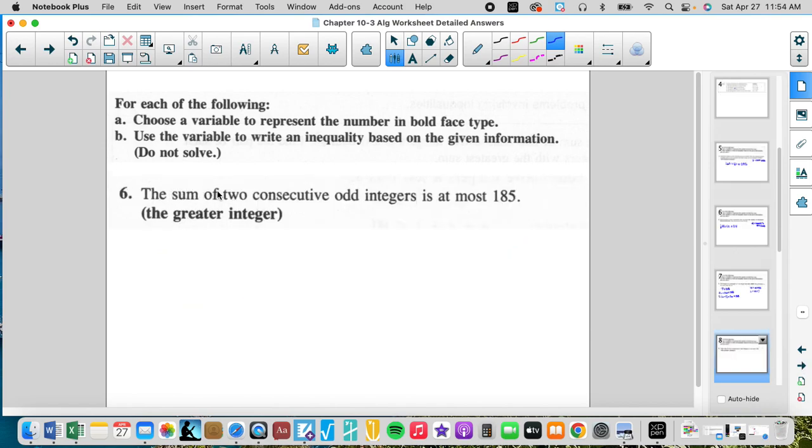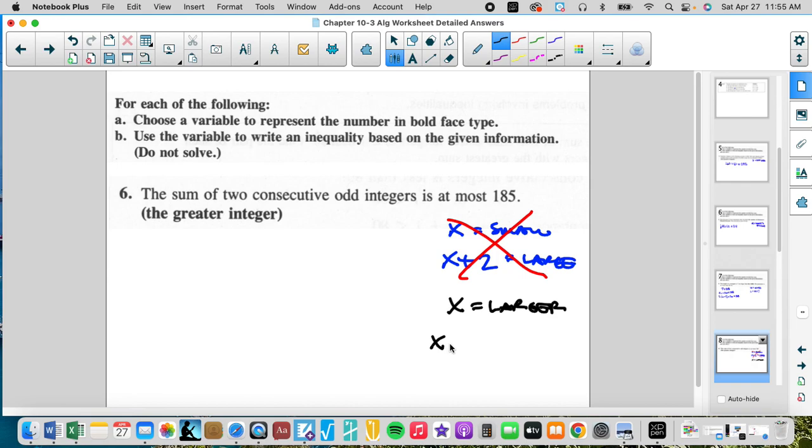So the sum of 2 consecutive odd integers is at most 85, the greater integer. So that's very, very tricky. So typically we go x and x plus 2. But this means x is the smaller and x plus 2 is the larger. But that's not a variable. That's a variable plus a number. So that is really not the best way to do it. If you want to represent x being the larger,